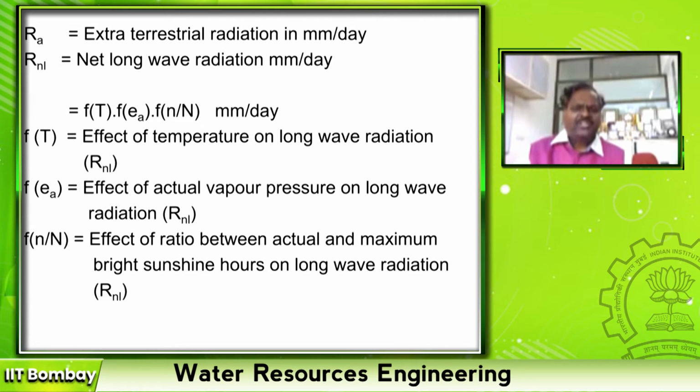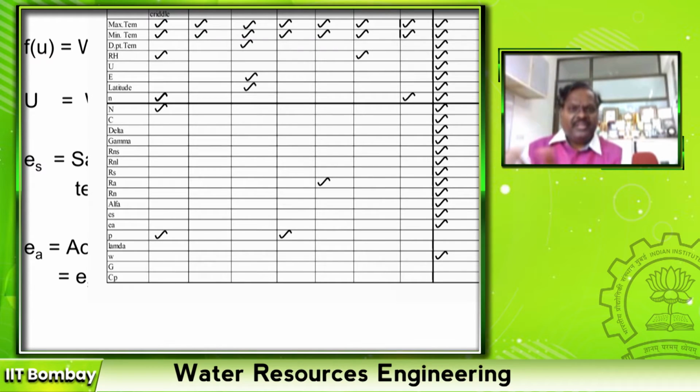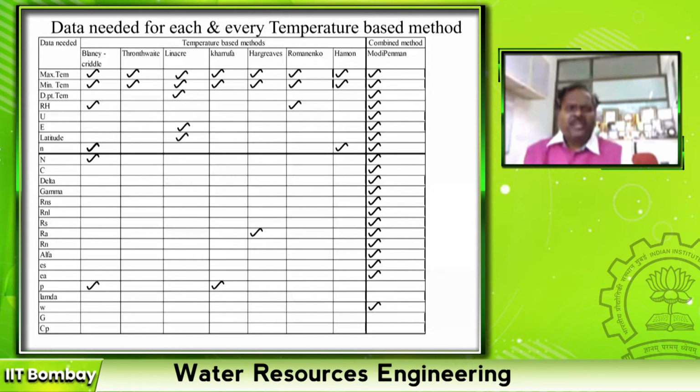So that's why it's cumbersome. FU is wind speed, where wind speed is again in kilometers per day at 2 meter height. In the Blaney-Criddle method, you use it at 2 meters, but the unit is meters per second. Here you use it in kilometers per day, because the regression equation coefficients developed by FAO used this unit. I just gave a comparative table which shows what data is required and what parameters you can take from your FAO publications.